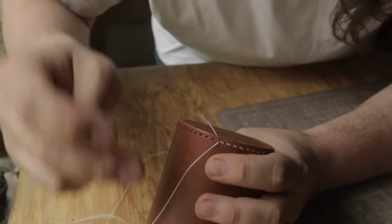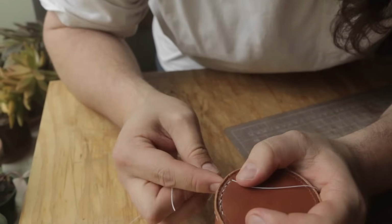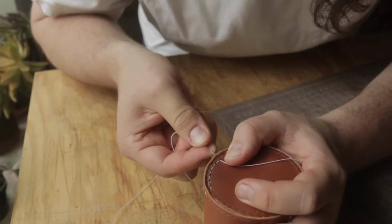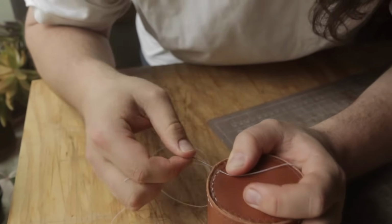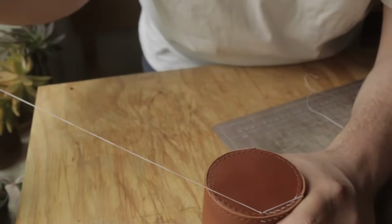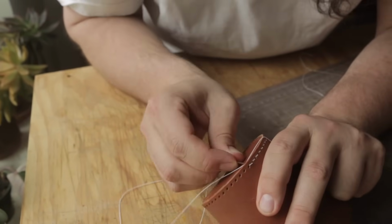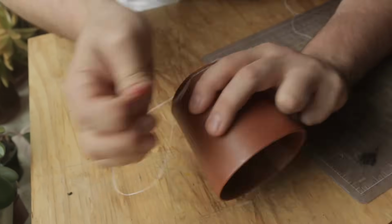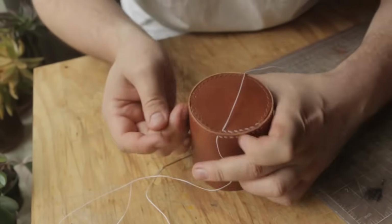The way you do that is we're going to take our thread and go through the new hole on one side. We're going to go through, and this can be a little bit tricky. We're going to go through the existing hole on the other side. So now we have two stitches coming through the same hole. We're going to take our other thread and go out and into that new hole, like that. You don't want to pull too tight on these, and then that lines us back up for our next hole,